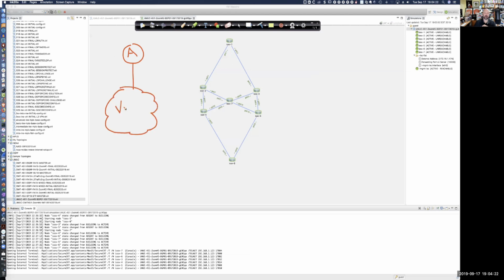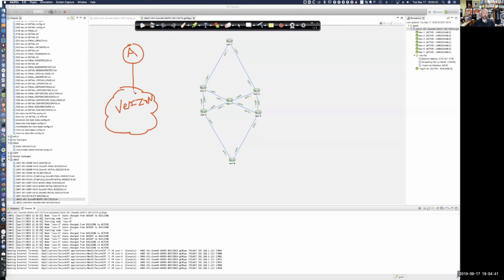Let's say that it's Verizon. So if company A has a single connection to Verizon, it's not really necessary for company A to